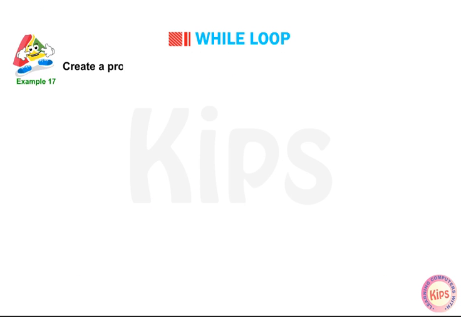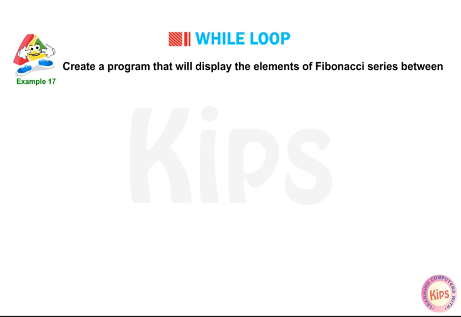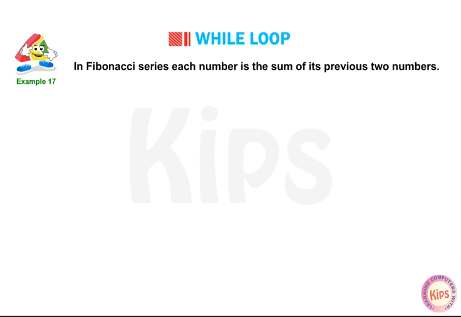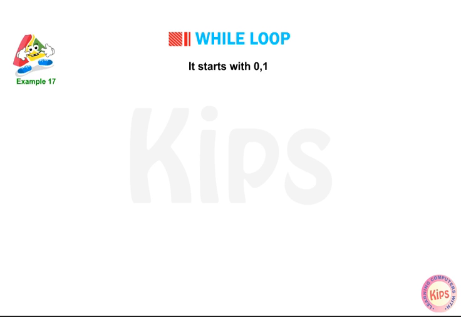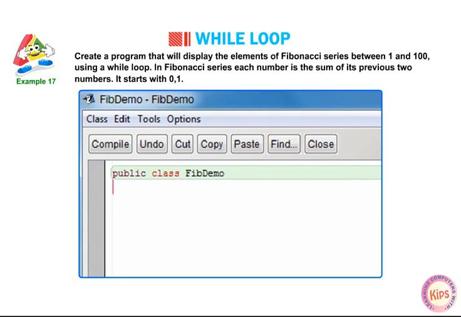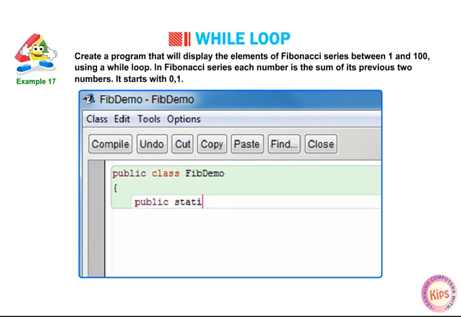Example: create a program that will display the elements of Fibonacci series between 1 and 100 using a while loop. In Fibonacci series, each number is the sum of its previous two numbers. It starts with 0, 1. public class FibDemo { public static void main(String[] args) {